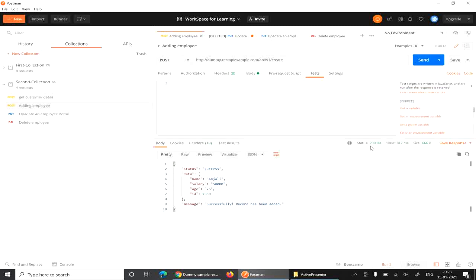For that we will use that snippet. First we will check the status code. Here you can see the status code check, and you can give it a name, like status code check.